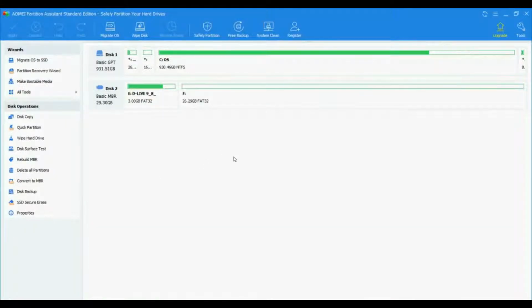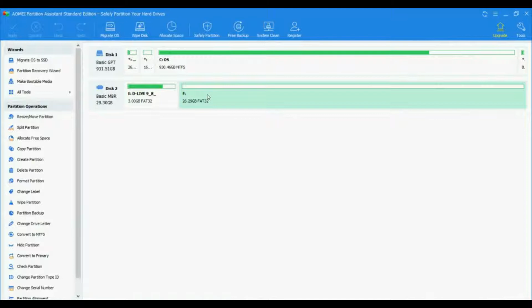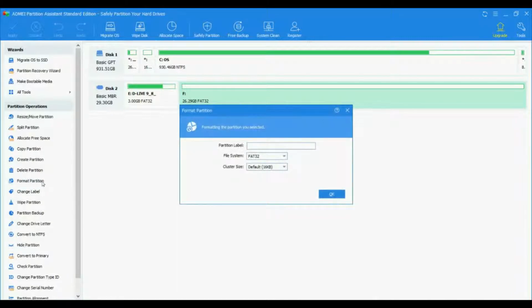So the next step is this partition here needs to be reformatted. So format partition over here. Now, this is an important detail. Yes, we do want an ext4 format for Linux, but